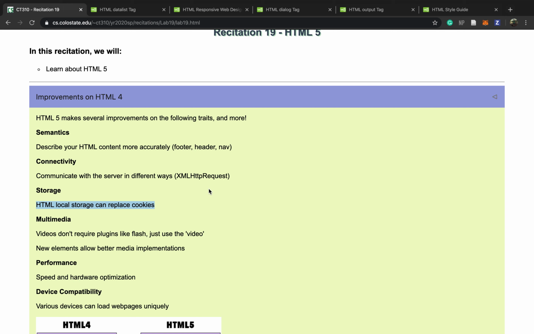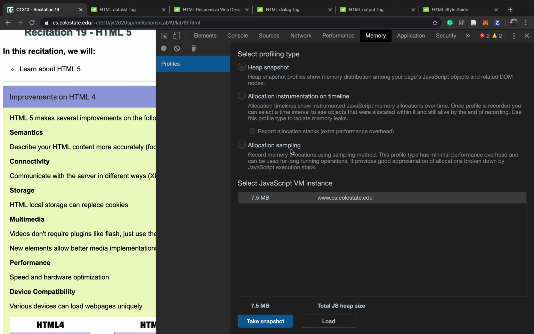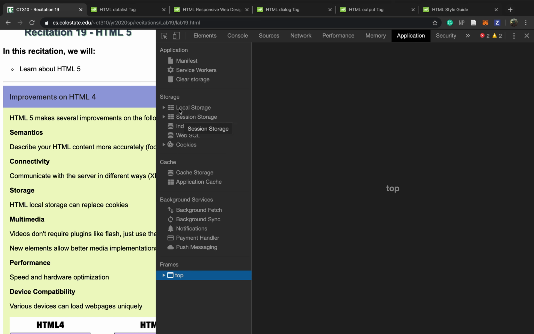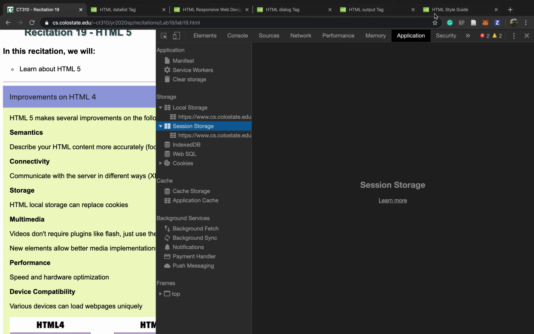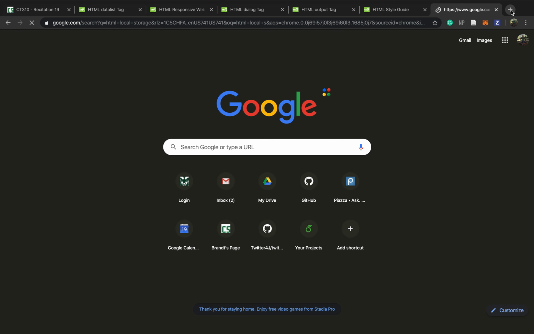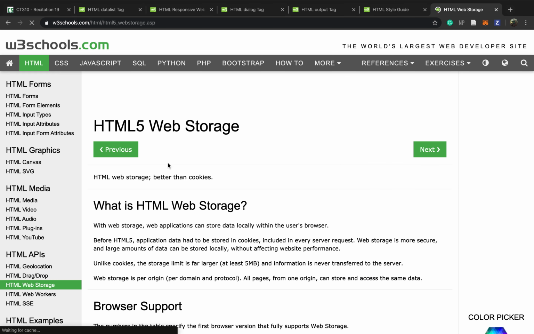HTML5 also offers storage, which is pretty cool. So if we do something like this, you can see if we go to memory, application, here we go. We have local storage and session storage. Local storage is something that's kind of interesting. It can get kind of difficult to mess around with to make it work properly, but